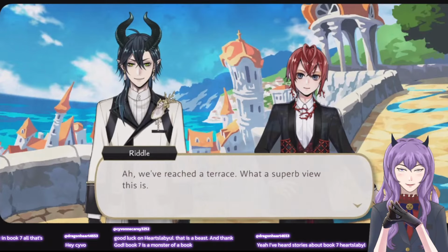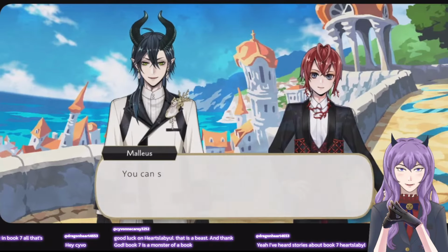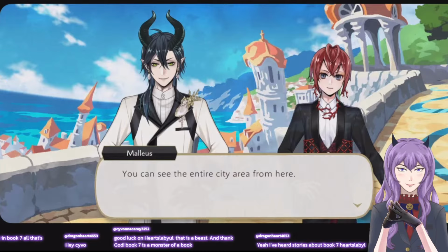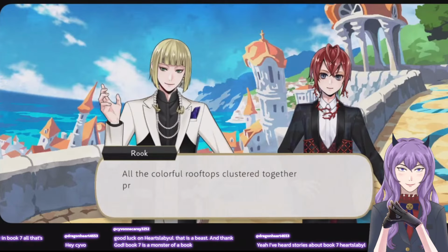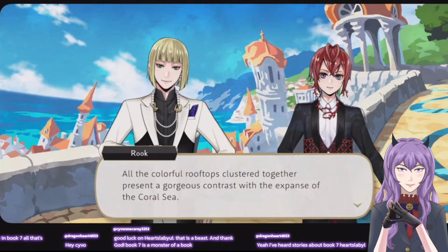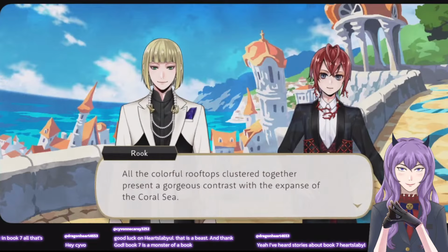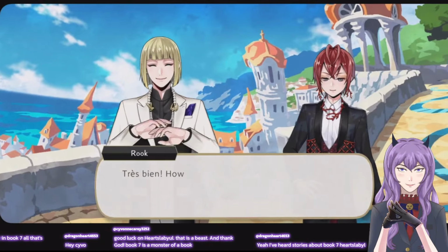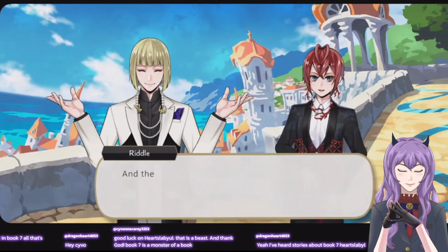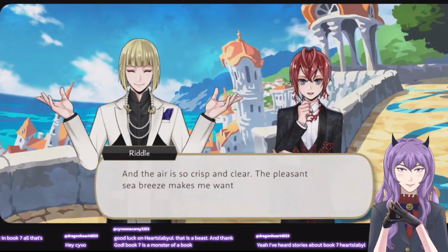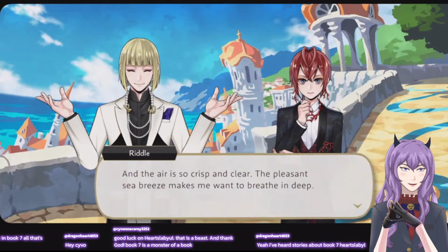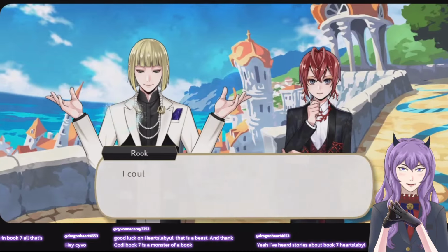Is it a terrace or terrace? I've heard it pronounced both ways. Pleasant sea breeze. Ooh, nice warm sea breeze.